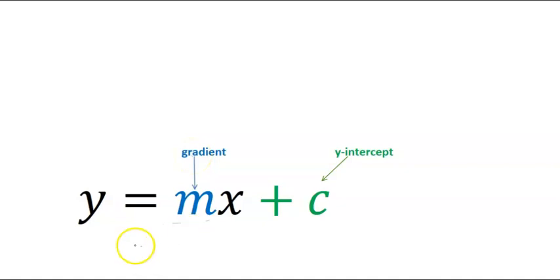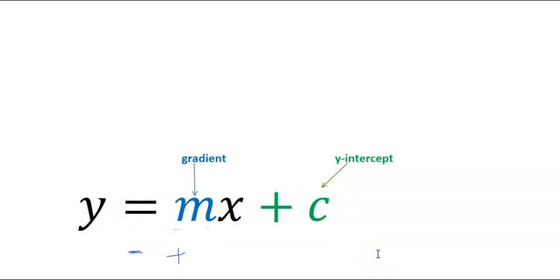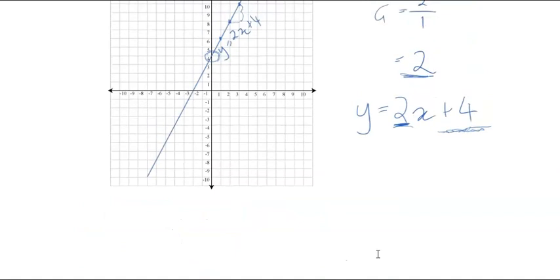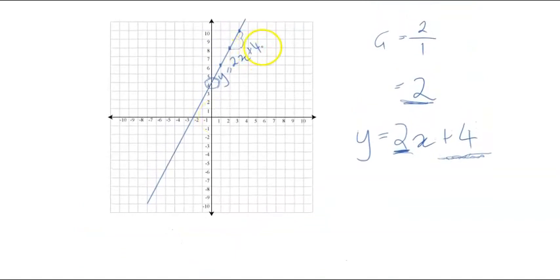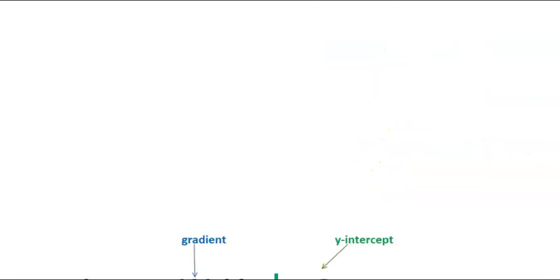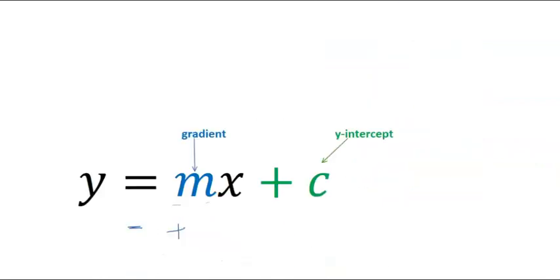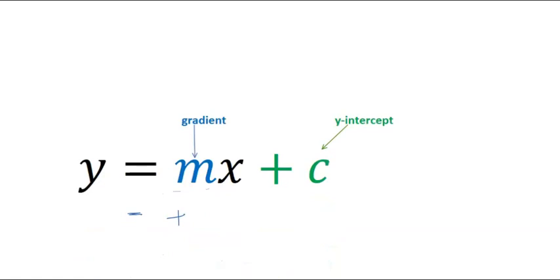That m is going to be negative for a negative gradient or positive for a positive gradient. And you can see that in this example up here. It's a positive line, positive gradient, positive 2. Okay, have a look down here again. We've got the y-intercept plus c,